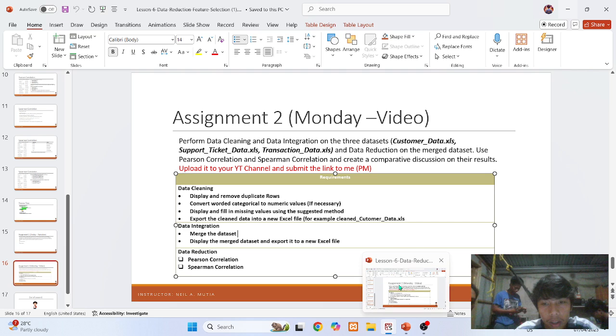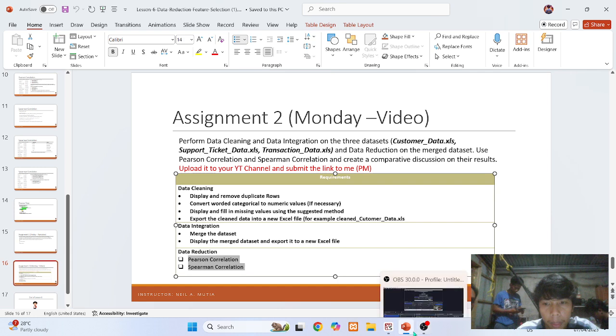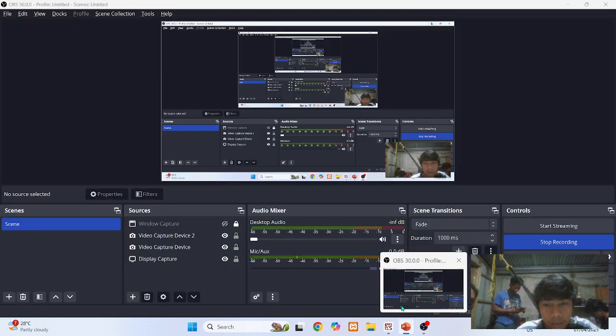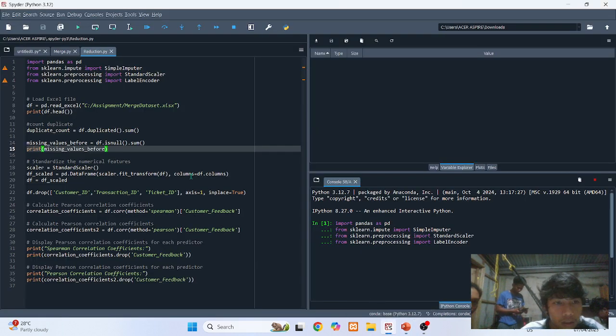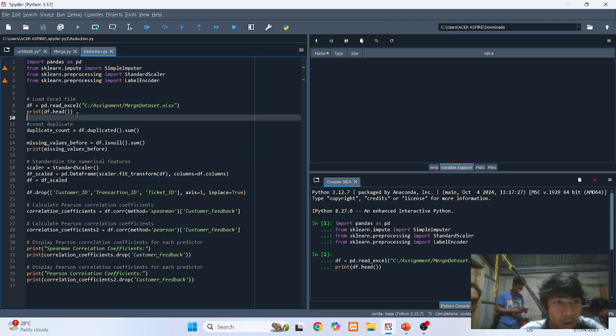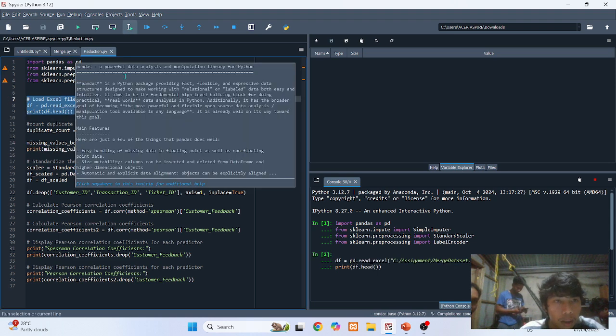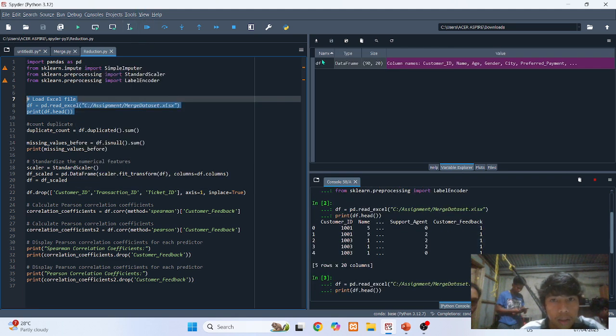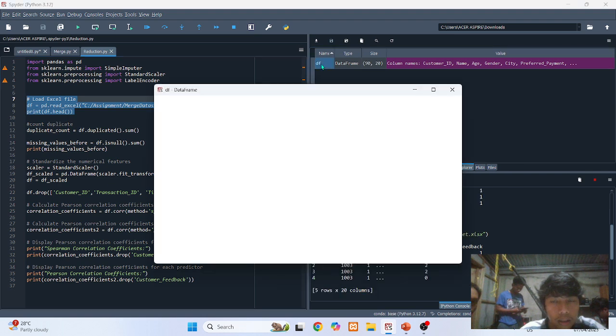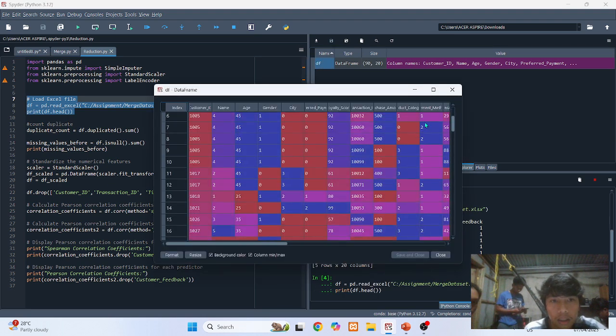So we are now in this data reduction using Pearson correlation and Spearman correlation. First, we're going to load the Excel file, the merged dataset. Here's the DF, here's the file.